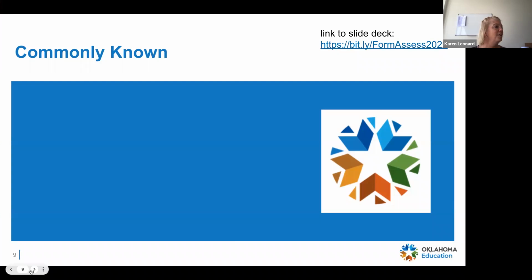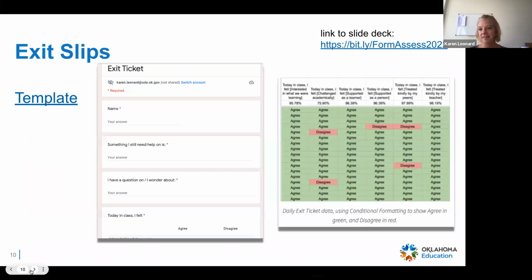Okay, so exit slips. Exit slips are great. It doesn't matter if it's got a student name on an exit slip or if it's anonymous. Sometimes it's good to get the overall pulse of the class, but sometimes you really want to get that individual student